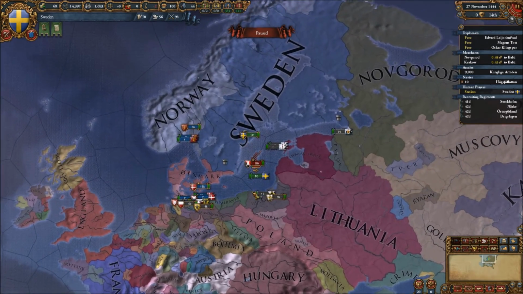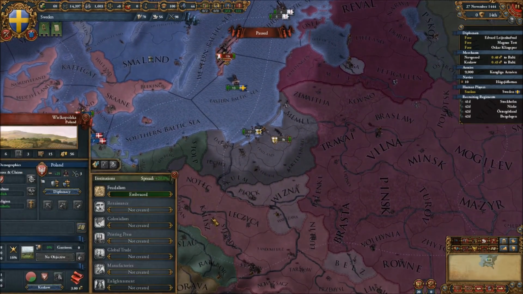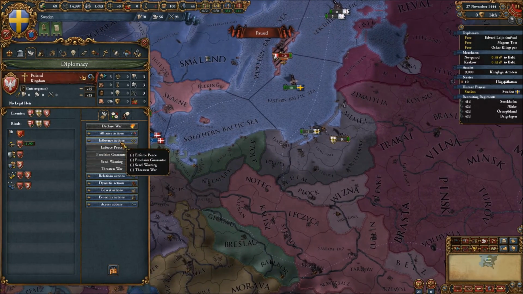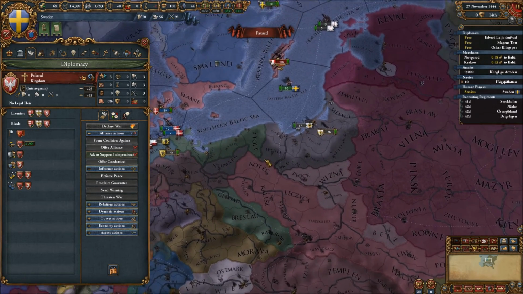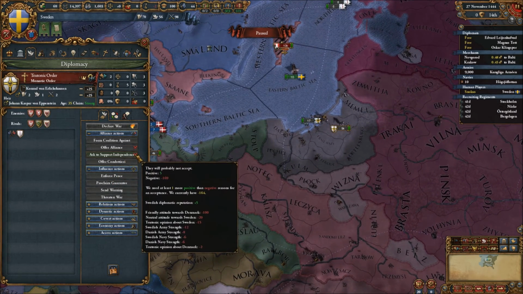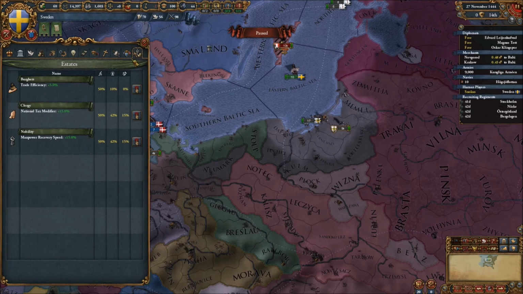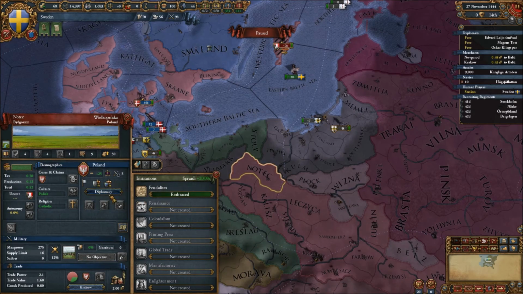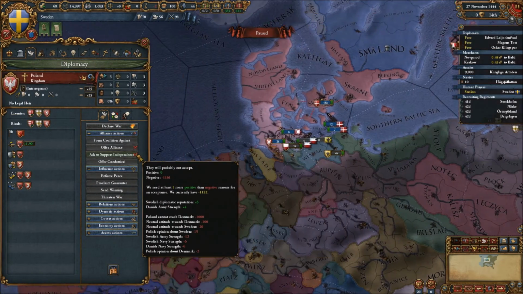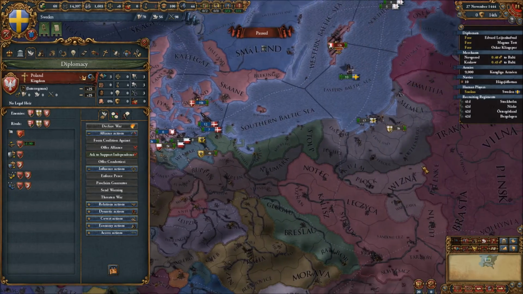Alright, we got the claim on Neva. That's incredibly generous for Denmark. Not really something I would have expected, but I'm actually expecting lots of things to be different in this patch, since they've overhauled the whole subject thing a bit. Anyway, let's see if we can get...